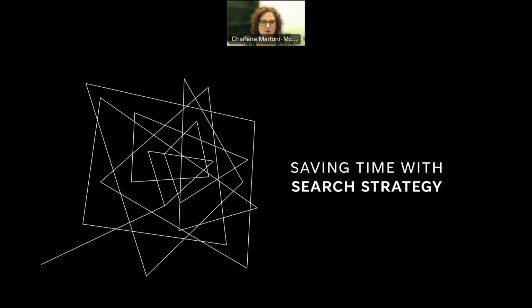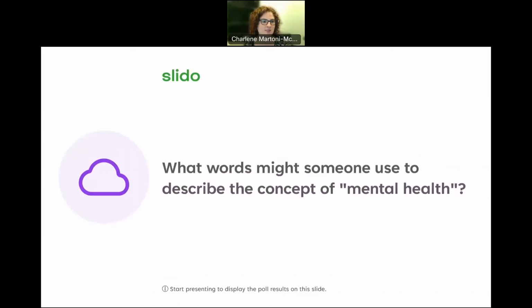Okay. It's really important to save time with a search strategy. Serendipitous searching for information is very valuable, actually. But when you need to collect and analyze a lot of information in a very short amount of time, being strategic with your searching is important. So we're going to do a little exercise. Again, in the chat, if you could please tell me some words people might use to describe the concept of